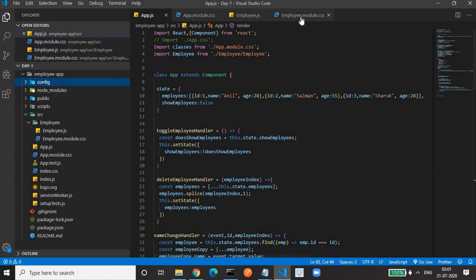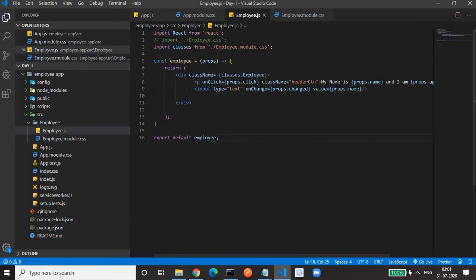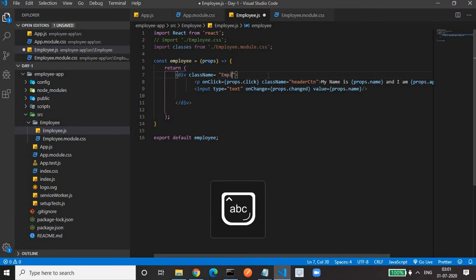Similarly, in the employee.module.css file, we have an employee class. We'll go to this component. Earlier we had written className like this way, hard coded, the class that we have written in the CSS file. But now we want to write this using the CSS module. So for that we have to import classes from this employee.module.css file, and apply the class using the curly braces.